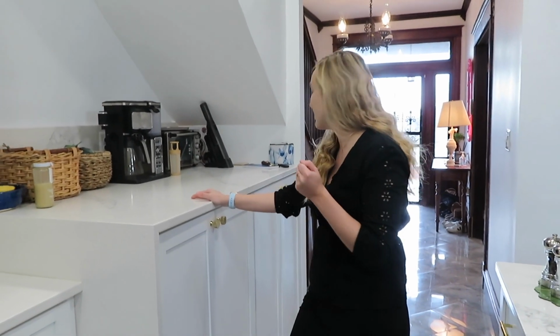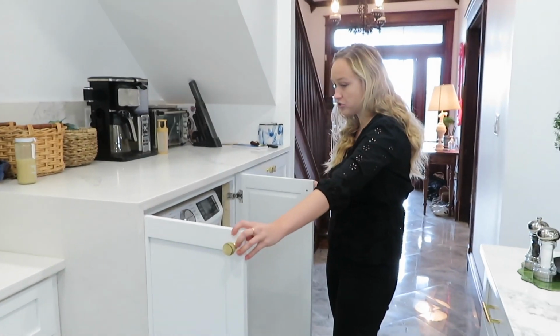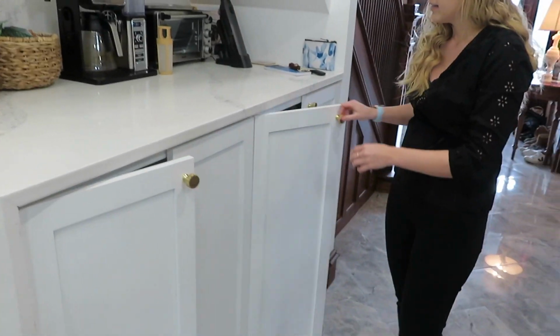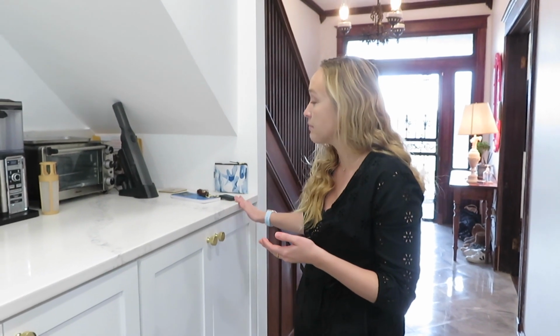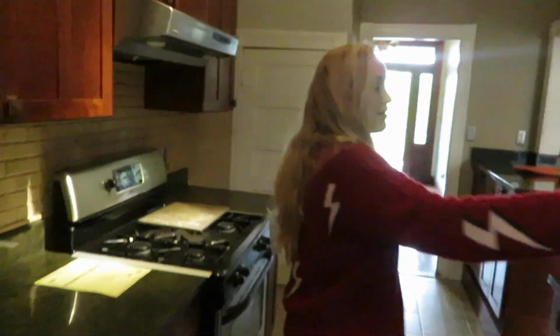So again, designing this was a big feat, but what we did was we have the full-sized washer dryer in here. And it was important to me to have cabinets that hid it, that made it look like a seamless part of the kitchen. And then obviously washer dryers are taller than a standard counter height. And so we had to find a way to kind of integrate this taller part of the counter. And so we put the same countertop on. So as you'll see in the footage, this used to be a pantry that we took out a lot of the pantry,